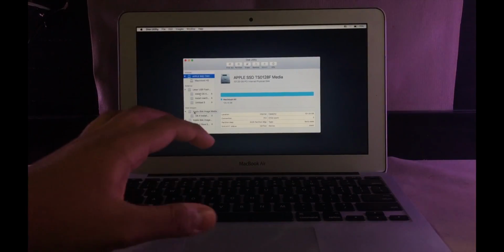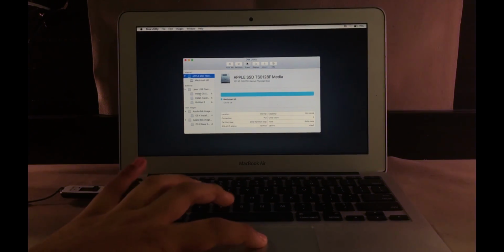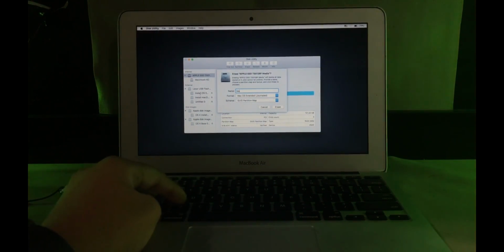and you may see 2 different types of disks. One would be the USB, and the second would be the internal SSD or hard drive that you have inside. You don't need to worry about the bottom ones over here. For the SSD that we have here, what you need to do is hit the erase button, and you can name it Macintosh HD,